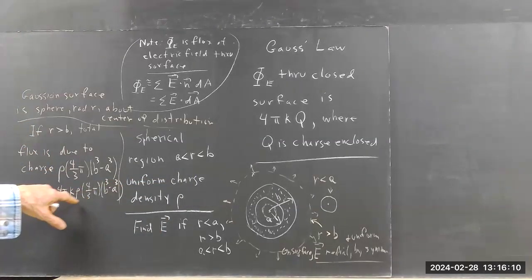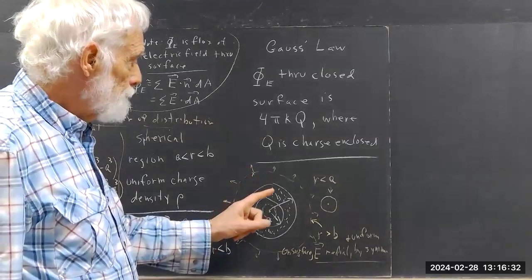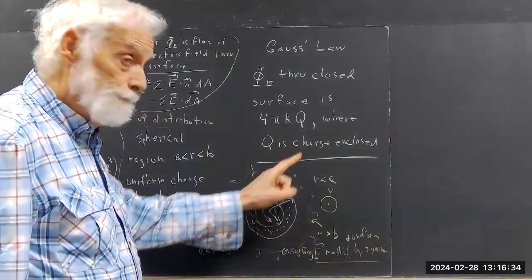You've got a couple of fours here, a couple of pi's here. Next time you write it, you can use a pi squared and 16. Okay, but there's your flux. Now, that doesn't help all that much until we have another expression for the total flux. The other expression for the total flux is just the field E times